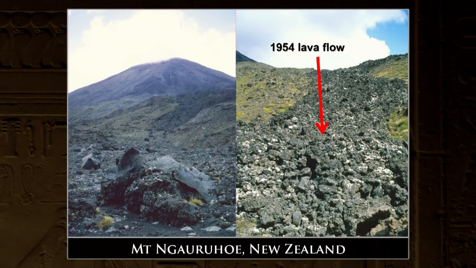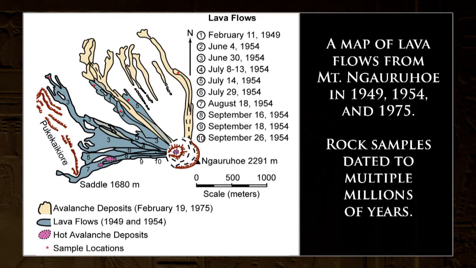In fact, the dates were observed. The rocks were observed, and so you can see the different lava flows by the amount of vegetation on them because of the different years in which they were formed, and they're well mapped and everything. So I went and sampled flows from there. We knew the day, the month and the year for these flows, and I submitted them for potassium argon dating, and again, results came in at up to 3.5 million years for lava flows that were less than 50 years old.